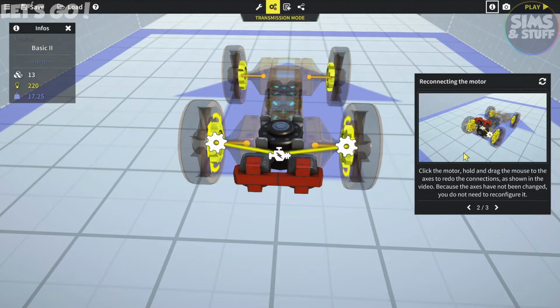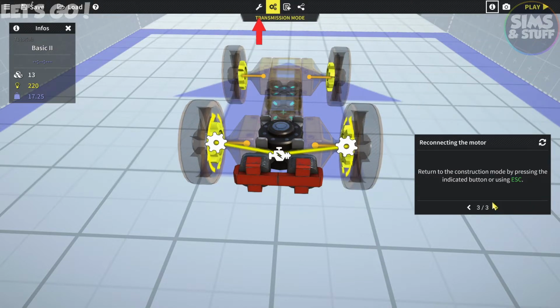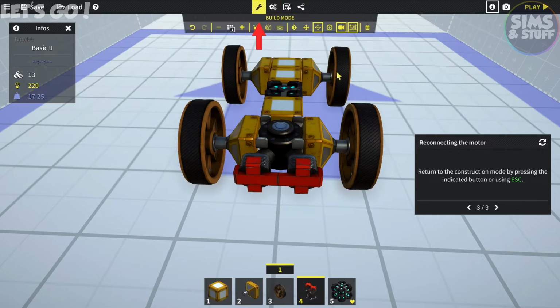Click the motor, hold and drag the mouse to the axis to redo the connections as shown in the video. Because the axis has not been changed, you do not need to reconfigure it. Yeah, I've got that. Return to construction mode. Okay. Next steps require 2 new blocks that are not in the inventory quick bar. Ooh. To find it, click on the indicated button or press...